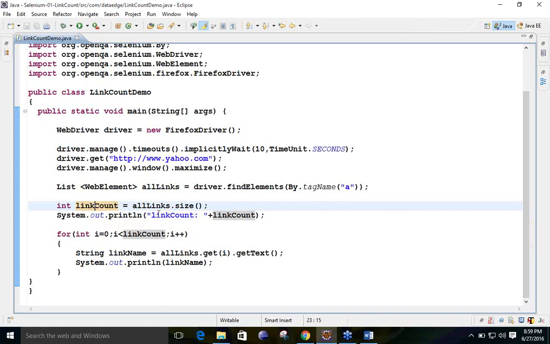Whatever the size of this list, that is going to be calculated and stored into the variable. Remember, the size will always be an integer, so we have taken int over here.